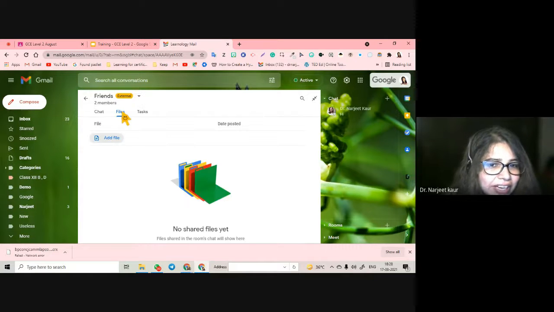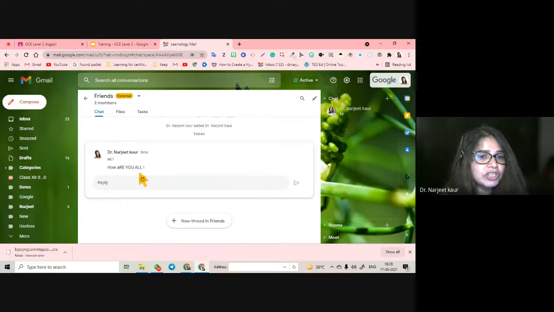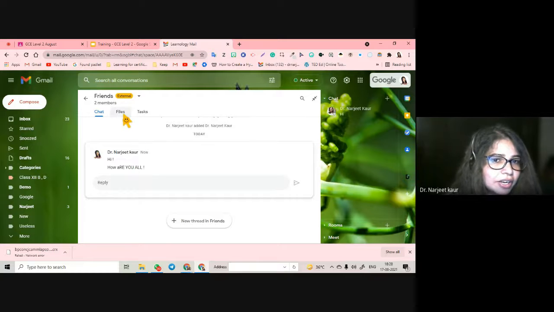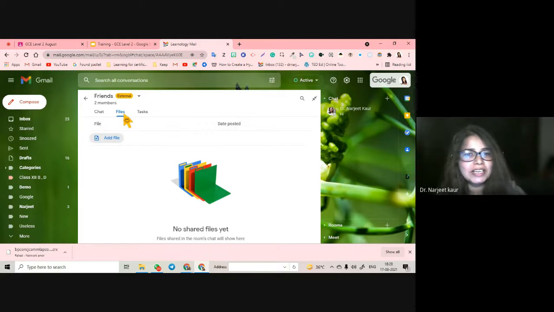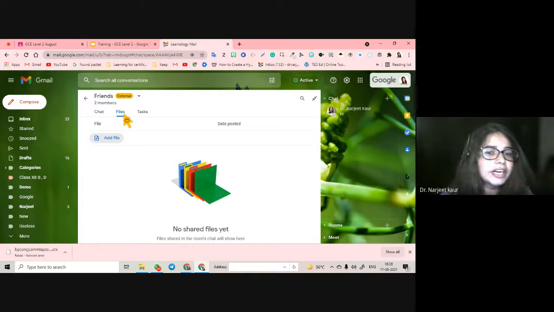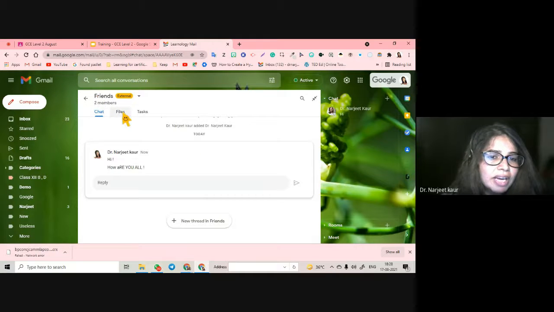You can see the files that were sent. This is very professional, huh? This is very professional. You can have your teachers also on chat. Like yesterday, there was somebody discussing about, in my school, कि मैम बहुत सारा डेटा हो जाता है, मिलता ही नहीं है किसने क्या भेजा. So this is one place where you can add a chat.